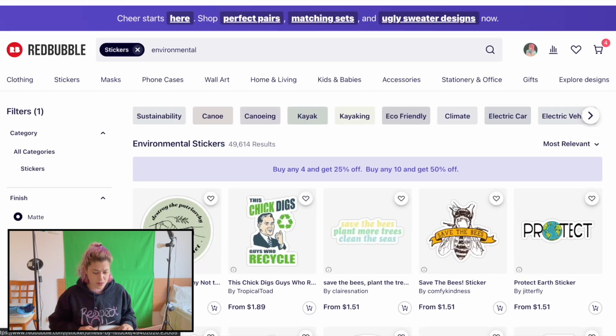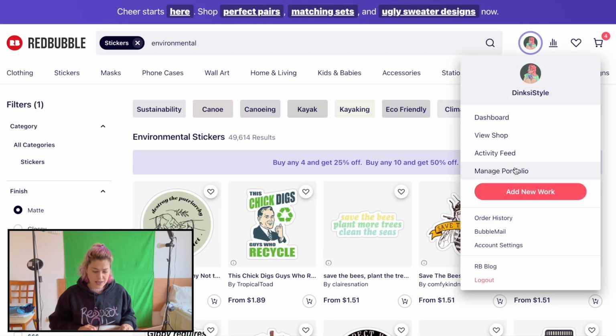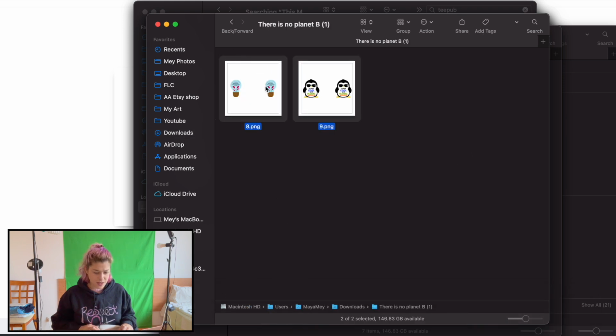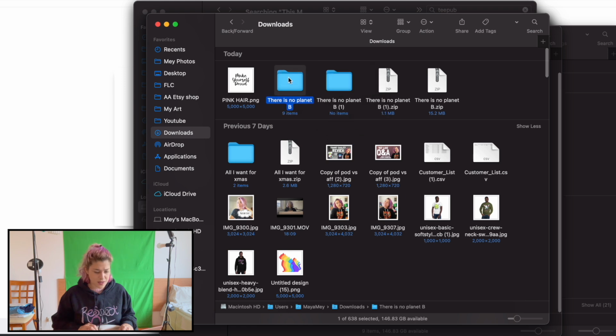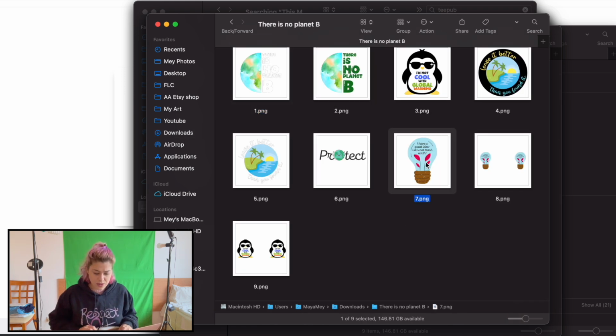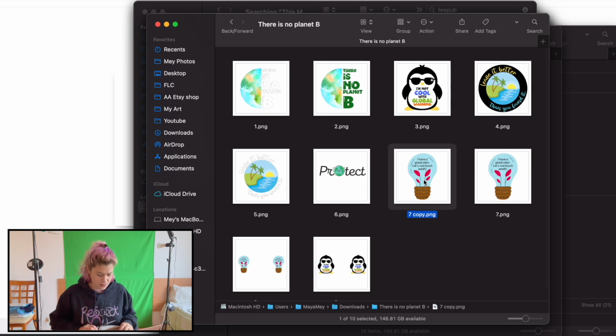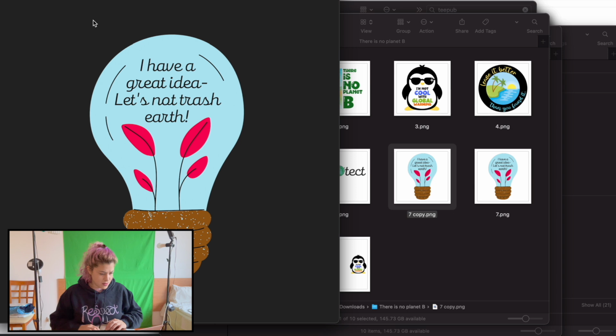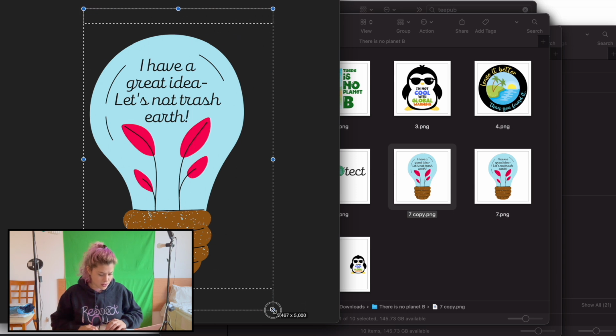And now let's go to Redbubble while this is being downloaded. Go to my account and add new work. Let's open our other zip file, place these together just to make life easier for me. And what I want to do with this design, I'm going to duplicate it because what I want to do is actually cut it. I want to be able to cut it 3500